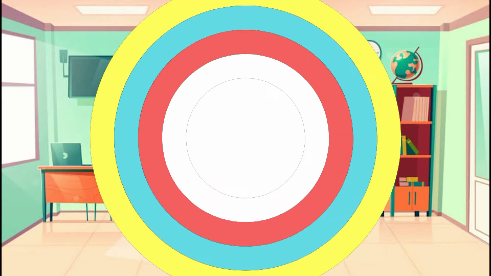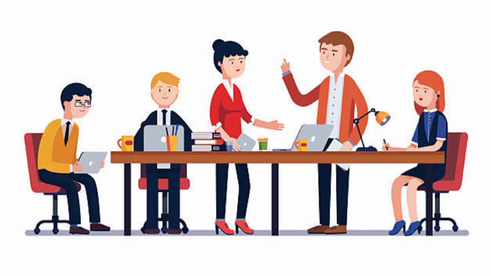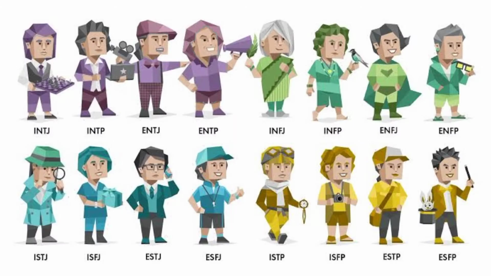Let's now proceed to the Myers-Briggs Type Indicator. Do you know what is the use of MBTI? The Myers-Briggs Type Indicator has not been widely used in psychological research, but it has been used very widely in business settings. For example, in seminars aimed at improving employee self-understanding and understanding of each other, the MBTI has been developed to measure the assignment of individuals into one of 16 personality types.